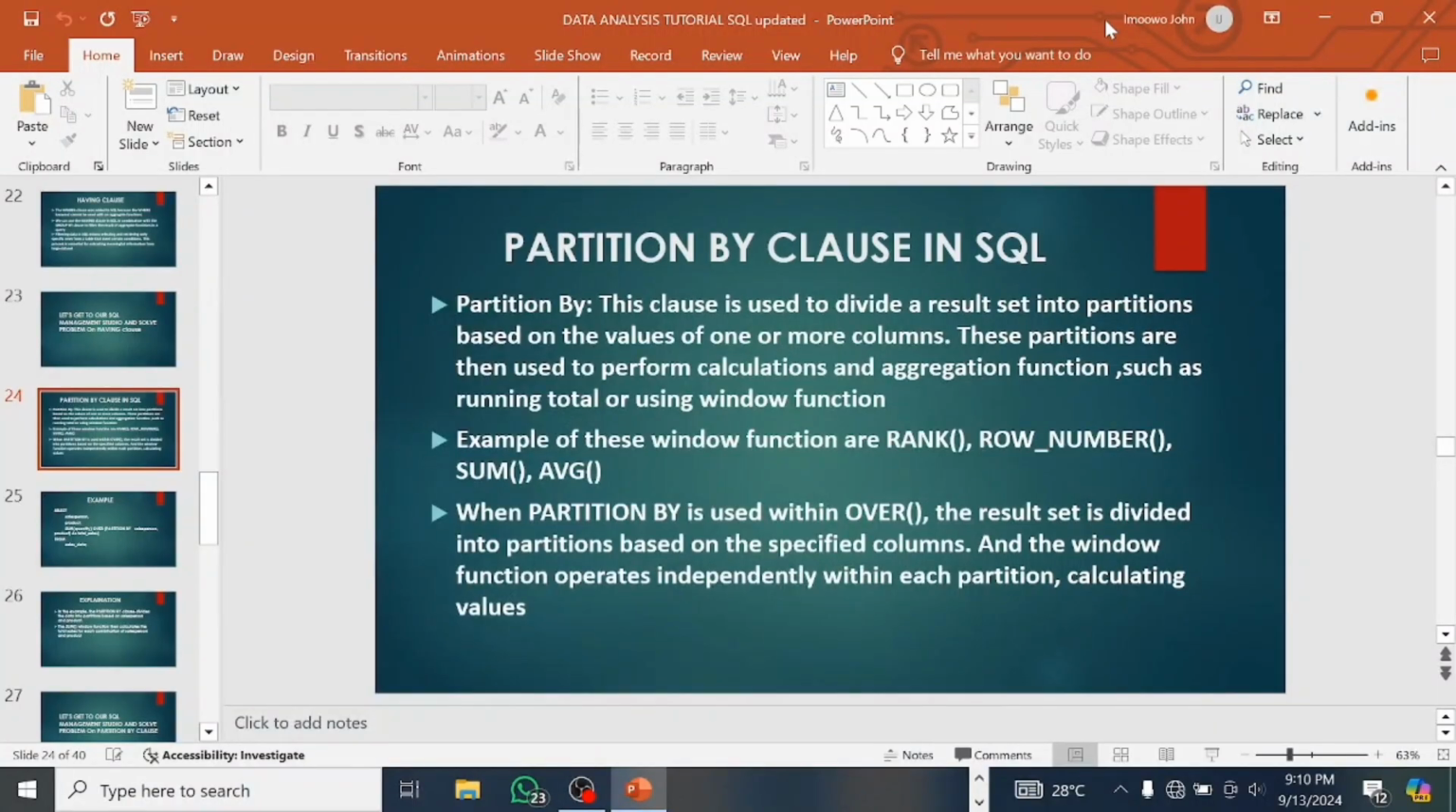Hello guys, you're welcome to this video. In this video, I'll be showing you the PARTITION BY clause in SQL. This clause is used to divide the result set into partitions based on the value of one or